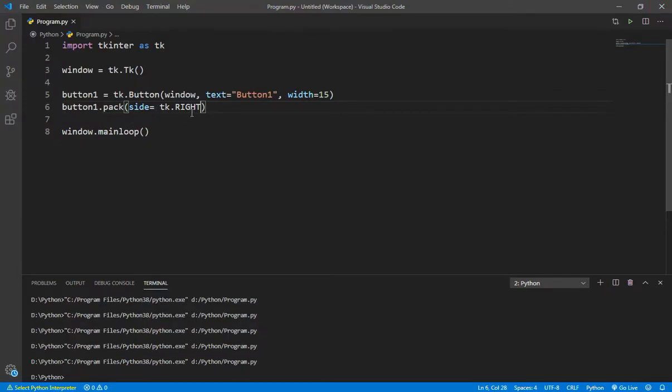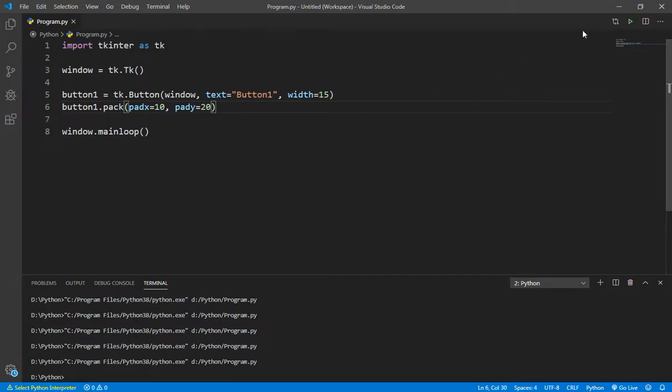Okay, so now we can also give padding. So padx equals, let's say, 10 pixels and pady equals, let's say, 20 pixels. Okay, we don't have to write pixels here.